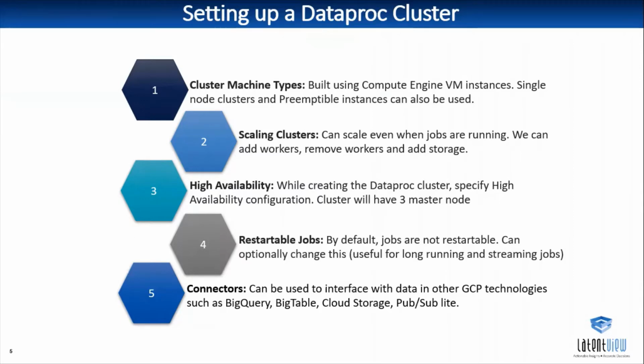And moving on to the Pub/Sub Lite connector, which allows us to use Pub/Sub Lite as an input source to Apache Spark. Other than this, we also have some features like cluster scheduled deletion, which allows us to avoid incurring GCP charges for an inactive cluster. Here we can configure to delete a cluster after a specified cluster idle period or at a specified future time, etc. We also have some beta features like Dataproc Enhanced Flexibility Mode, which allows us to minimize job progress delay in case you remove any of the nodes while running a cluster.